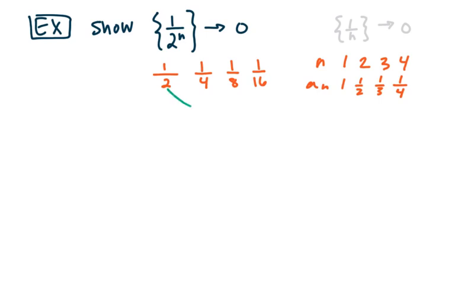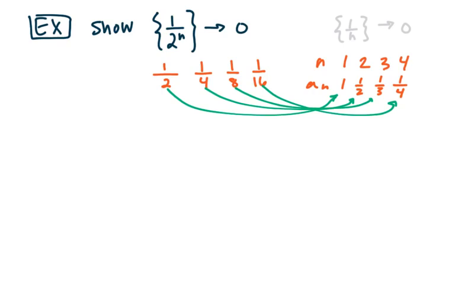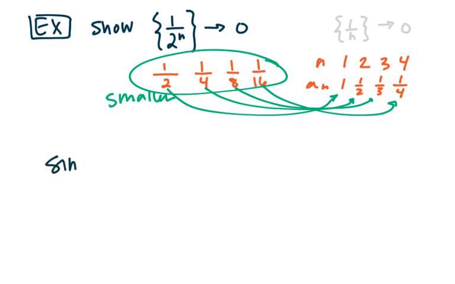And so in all of these situations, when I line up those corresponding first, second, third, and fourth terms, these values are smaller than the other values, right? So what we can say here is since 0 is less than 1 over 2 to the n is less than 1 over n,